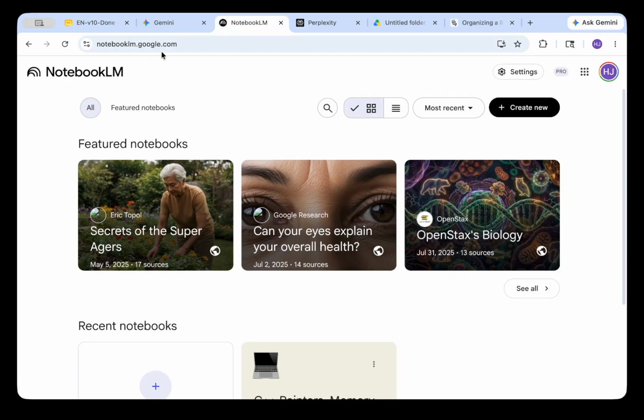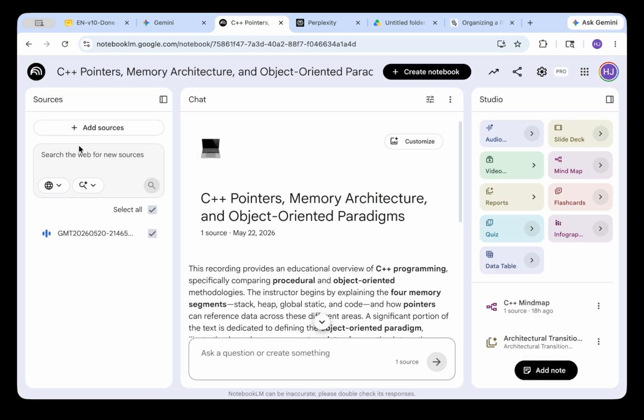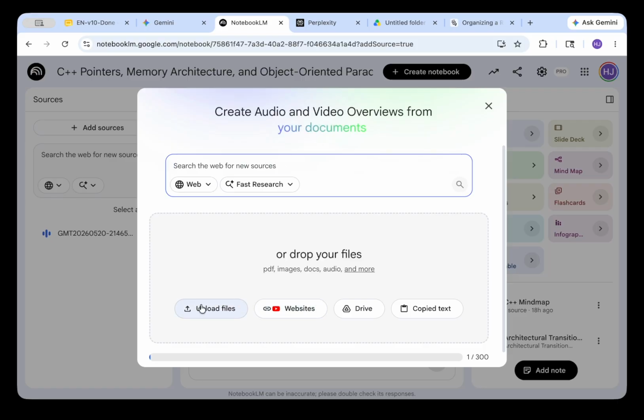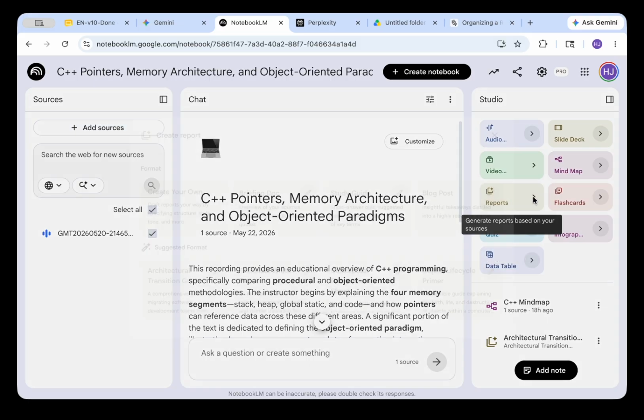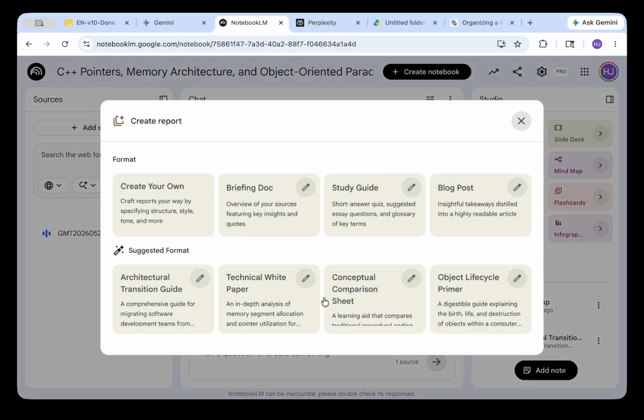So if you go to notebooklm.google.com, you can just create a new notebook, and as soon as you create a new notebook, you should be able to add resources. So what I used to do is upload the recording, as you can see here, and as soon as you upload the recording, you will be able to do different things. You can create a video about this topic, a slide deck, some mind maps or reports. One of the things which I usually do every time is to create a summary, so I click here and create a conceptual